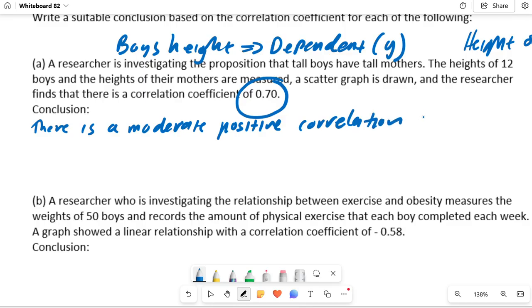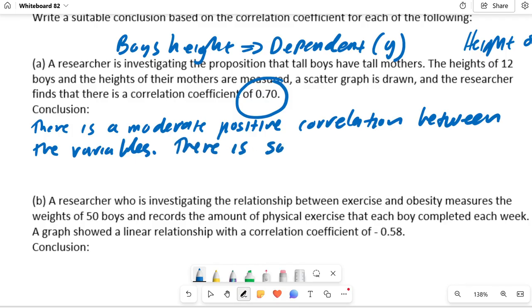Let's see if I can remember it. It doesn't have to be perfect. Now there is some evidence